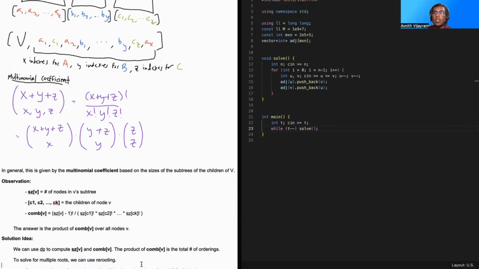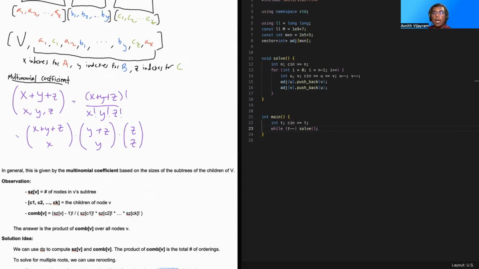Essentially, the key idea is if we start with a current root and let's say we want to change it so that the root is one of the children now, right? It turns out if you imagine this array of combinations, the only values that change are the values at the root and at the new root, because it's only determined by the size of the subtrees. And most of the sizes don't change if you just move the root from one node to an adjacent node. And we can use this fact to efficiently determine the answer for all of the